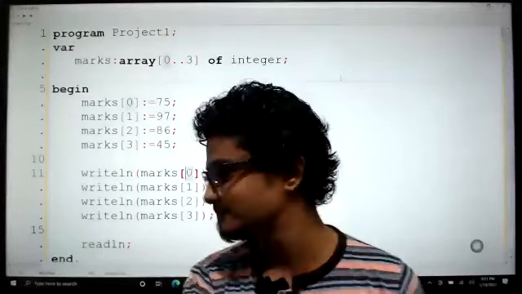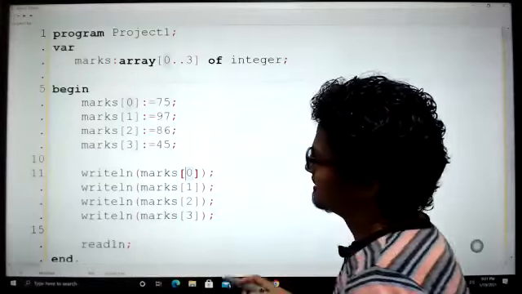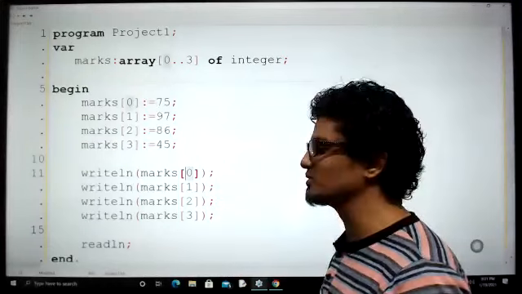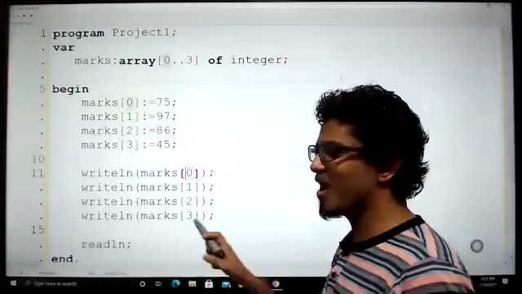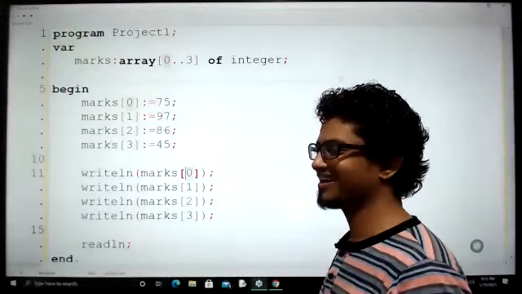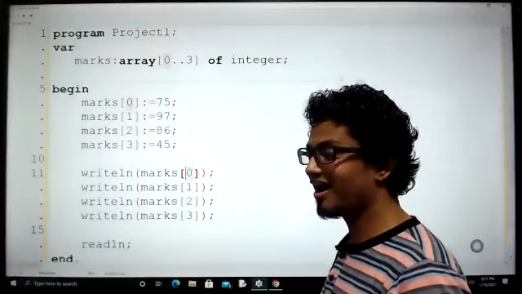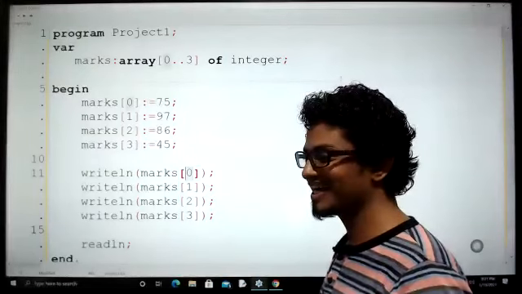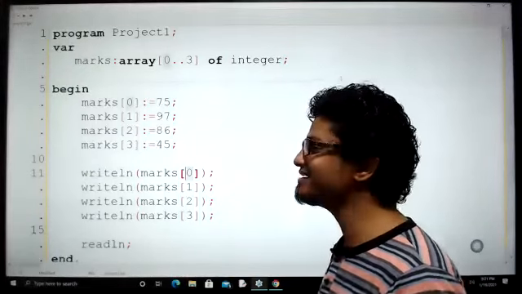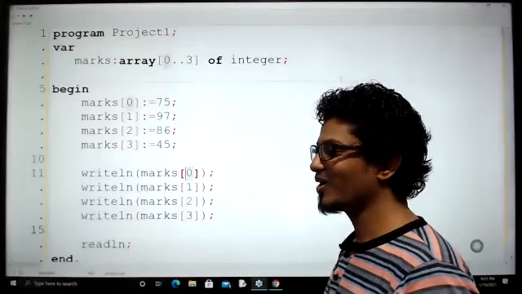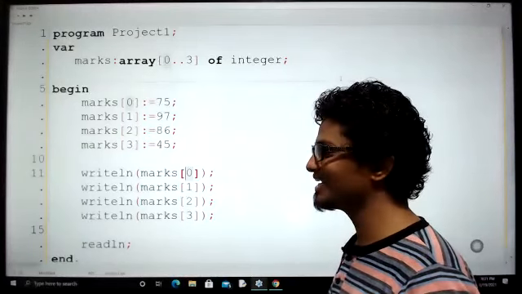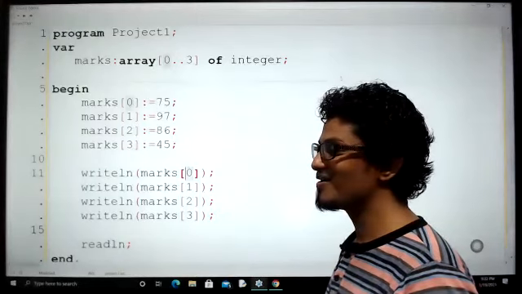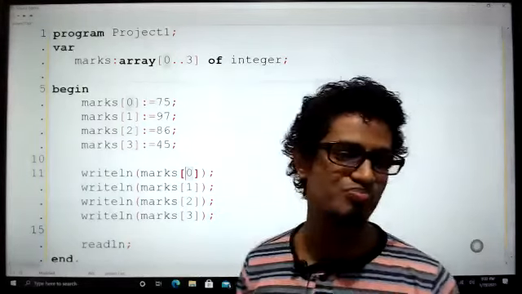I'm going to automate this process step by step, and it's going to be very nice. All right, look at this. 0, 1, 2, 3, what comes to your mind? Loop. Start, stop, and step. Right, tell me, what is the start then? 0. What is the stop then? 3. What is the step, kids? +1. Wow, superb.